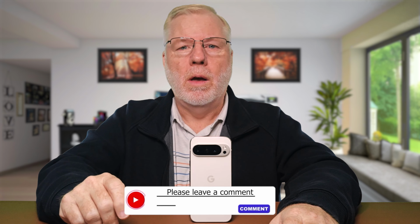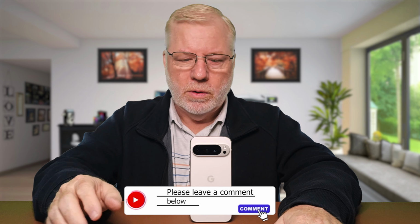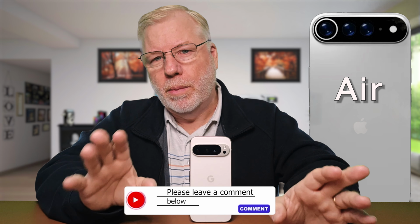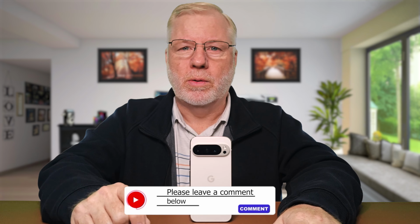Tell me, what do you think? Are you looking forward to the new iPhones or maybe even the Slim? Or are you excited to see what Pixel's going to come out with their new Pixel 10? There's really no word on the Fold as of yet, but hopefully they'll decide to put some Pro cameras in